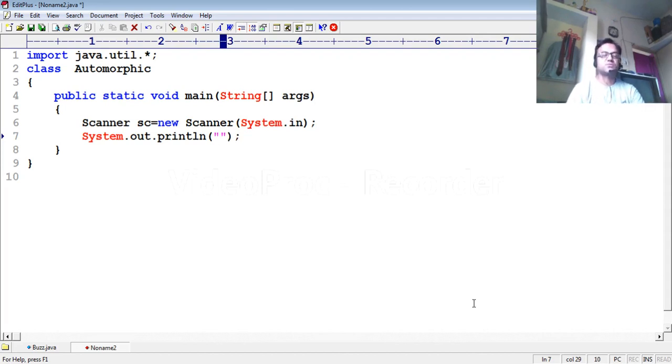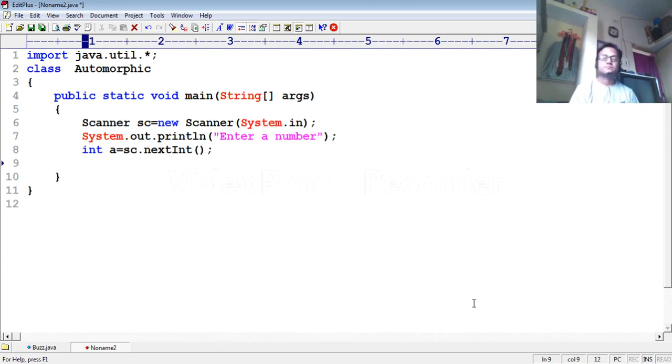So write the code System.out.println, enter a number, then write the code to input a number. You take an int variable, then the scanner object and the function nextInt. nextInt will take the number in the scanner.